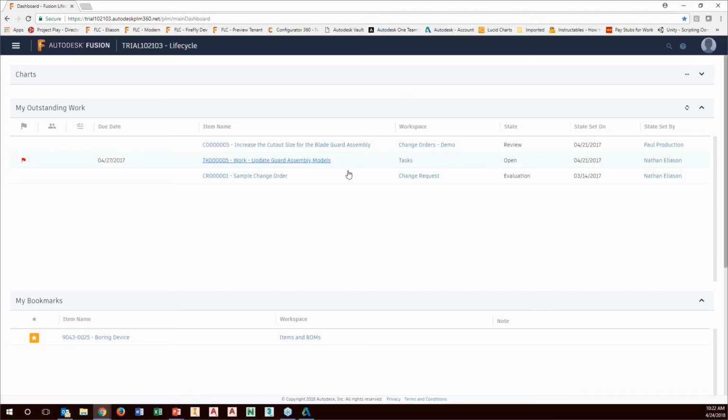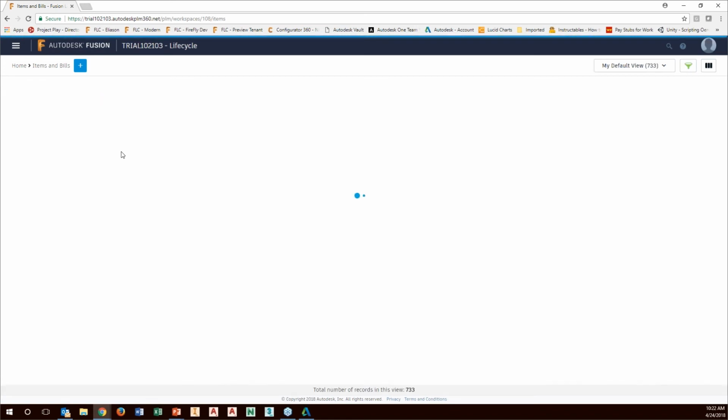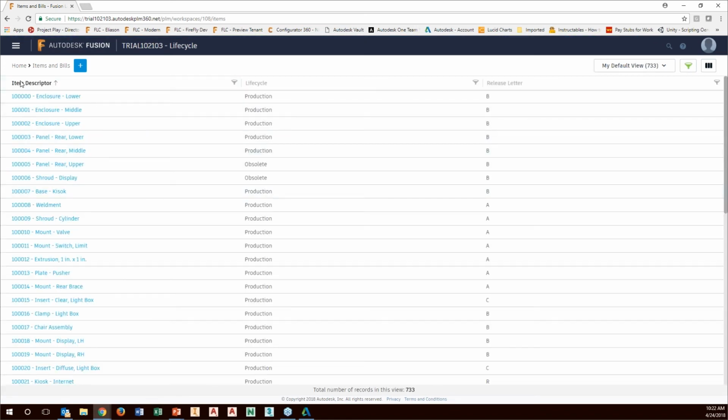So here in the modern interface, just as I showed in the previous slide, we have this top menu button that I can click. We can tell it we want to look at our product development workspaces. And as I move to that workspace, you can see that it pulls up the view. And just like before, I have this default view that has these three different columns. Now, I want to change this view without affecting my default view. So what I'm going to do is come right in here, click on these three little dots, and tell Fusion Lifecycle to duplicate this view. Then we're going to rename it to be our new demo view,